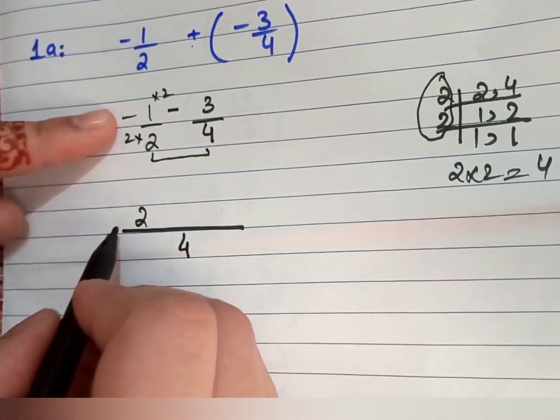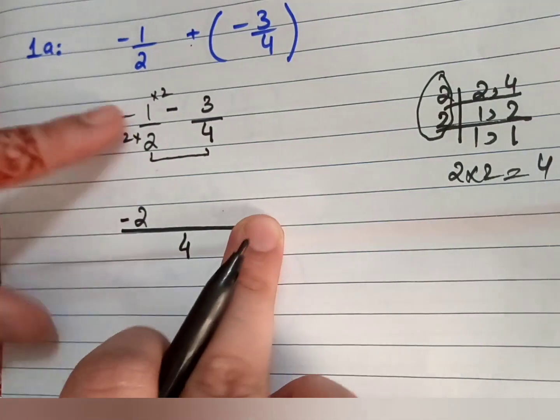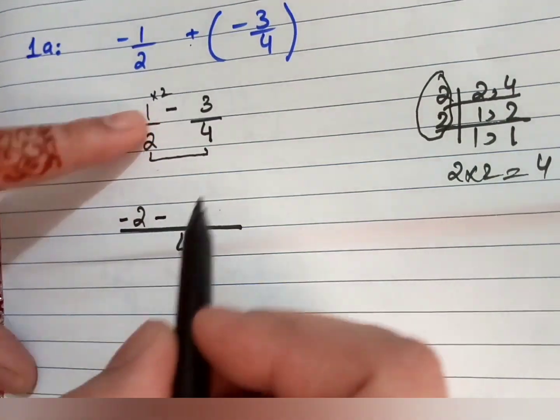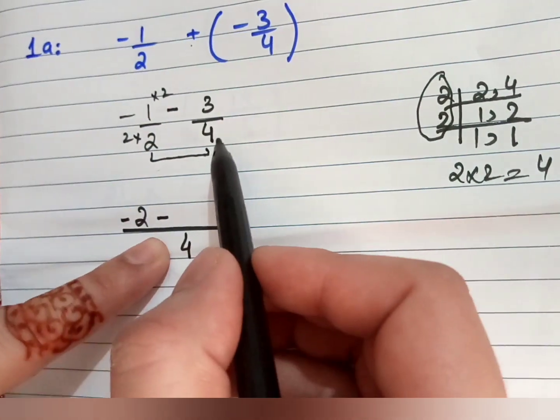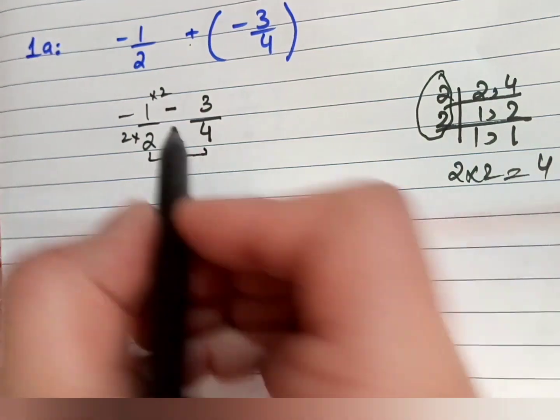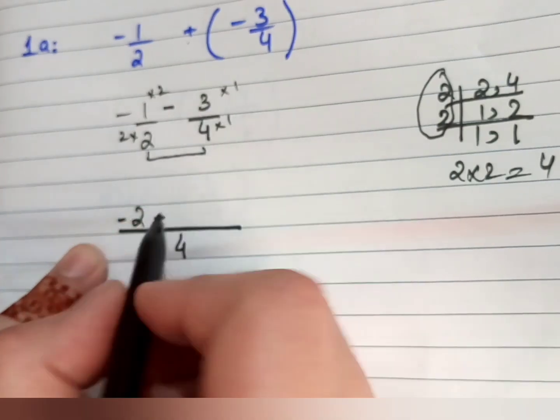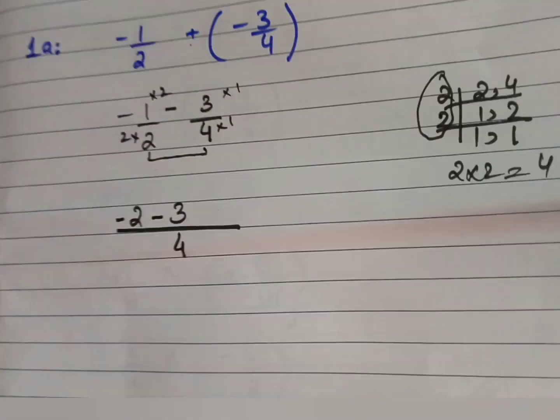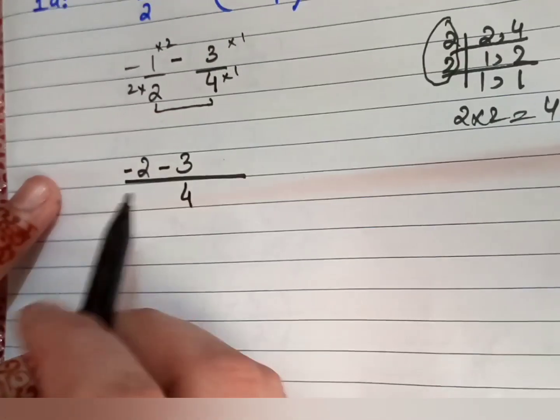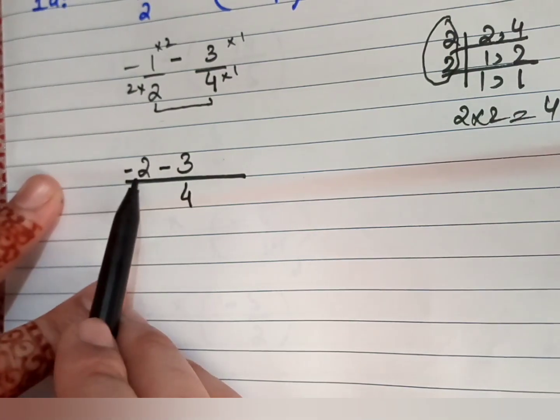What is the sign? That is minus. So place the minus as well. Now the next sign is minus again. 4 is already the denominator, so multiply with 1: 4 1s are 4. Multiply this one also with the numerator: 1 3s are 3. Now students, you can see that we have the same sign with 2 and 3.